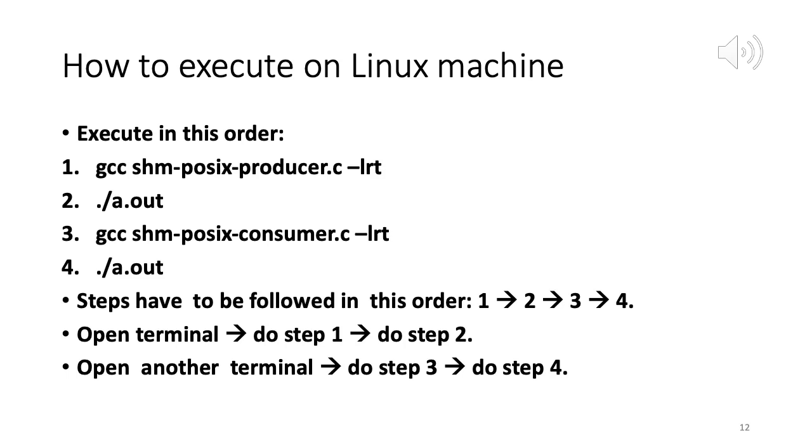So step 1 is compiling the producer process. -lrt, this is some flag, right? The POSIX flag. So this is for real-time linking of your producer process. Okay. So you will need to do this. This is mandatory for the program to run. So make sure you attach this -lrt flag.